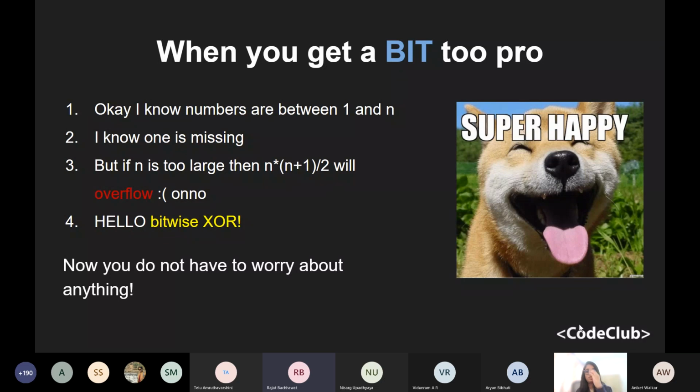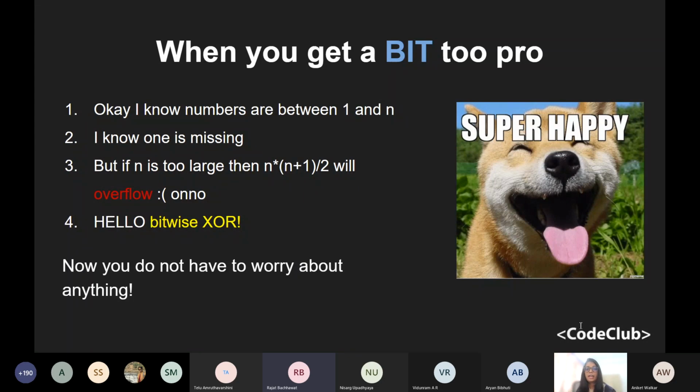Yeah, exactly. So you find the XOR of all numbers between 1 and n. So 1 XOR 2 XOR 3 XOR 4. Yeah, B XOR A XOR B is equal to B XOR B XOR A. XOR is commutative. So people have already said in the chat, you find 1 XOR 2 XOR 3